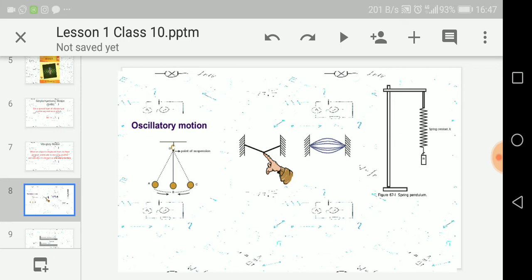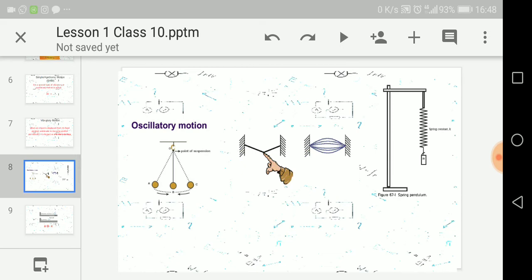And similarly, a spring with which a weight is hung and it is plucked vertically and released will produce vertical oscillatory motion. Now, one thing you have to keep in mind is that in theoretical physics at your level, in secondary and higher secondary levels, we consider that the place where this oscillation is taking place has no losses. It has no friction, no air resistance, and the threads and the springs are weightless.